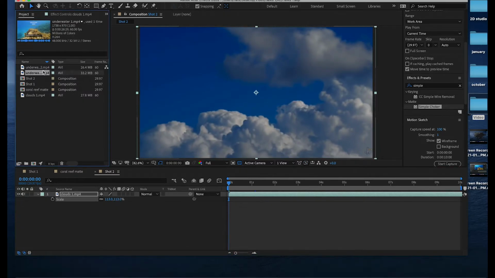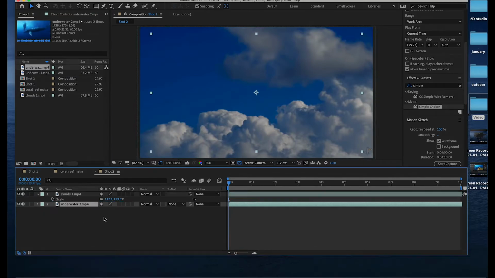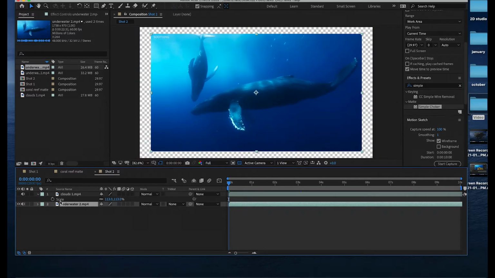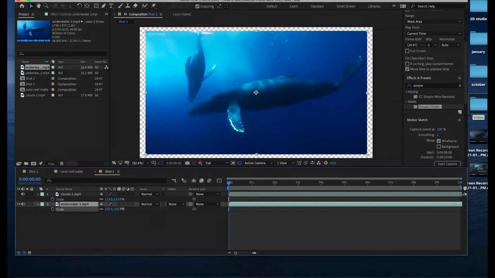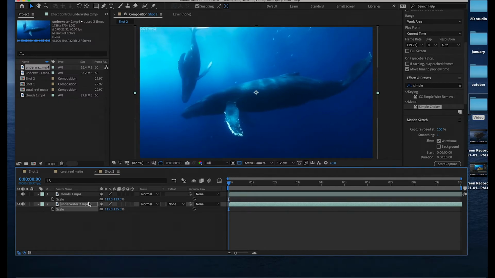and I will bring in my whales. So whales are underneath, and I'm hitting S on the keyboard in order to bring up scale. You can hit P to bring up position, and of course R to bring up rotation. So scale,